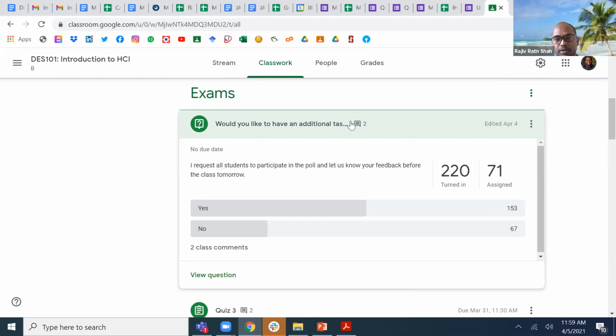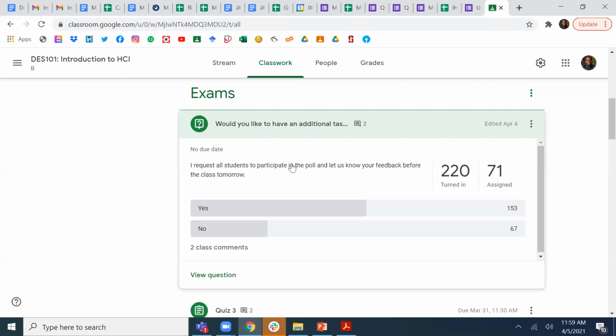So they want something as a bonus task. Here as well, you can see almost 3 times, the majority of the people are saying they need to have something. So I'm proposing we can have one task here for 5 marks. Yes, sir. Okay, good.